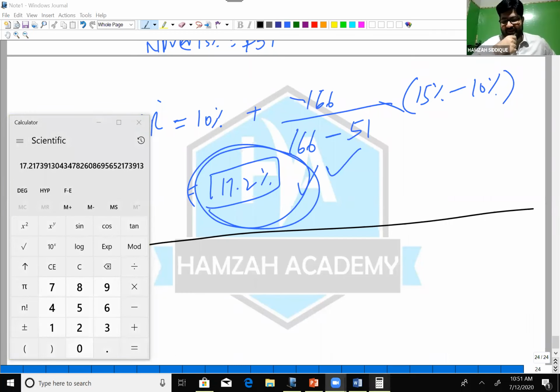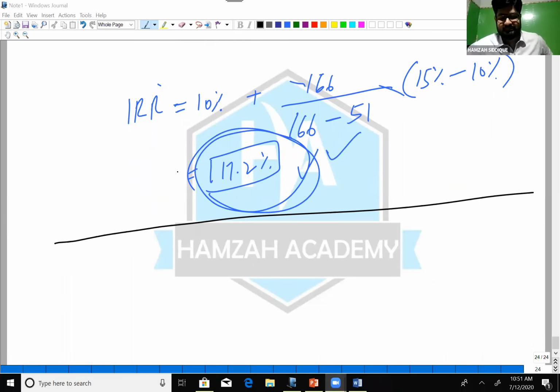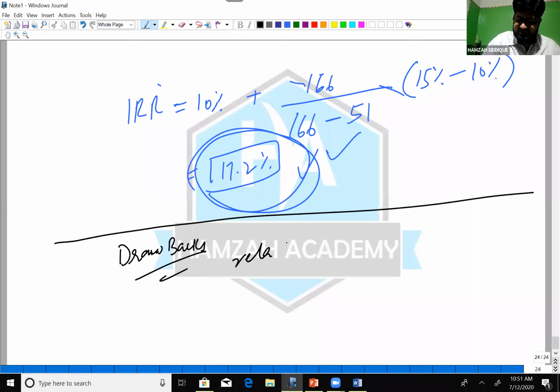Anyways, now let us proceed. So drawbacks. Advantage is same: it is cash flow based, considers time value of money, considers the whole project. Drawback is that, again, it is a relative term. Drawbacks of this method: relative, gives answer in percentage.